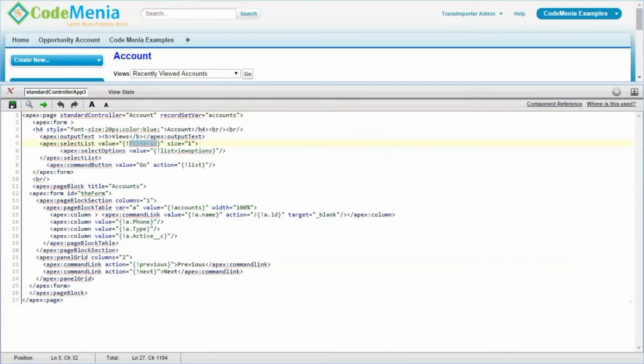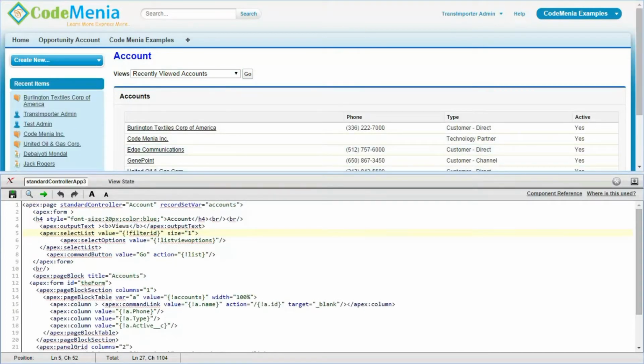So how is this possible? This select list is accessing the records for this standard controller, that is filter ID. This is a standard controller pre-written code here, and its select list will select the current selected view and will execute the list method which is accessing these two standard controller properties, that is filter ID and selected filter ID, and this standard controller which is placed in select option.